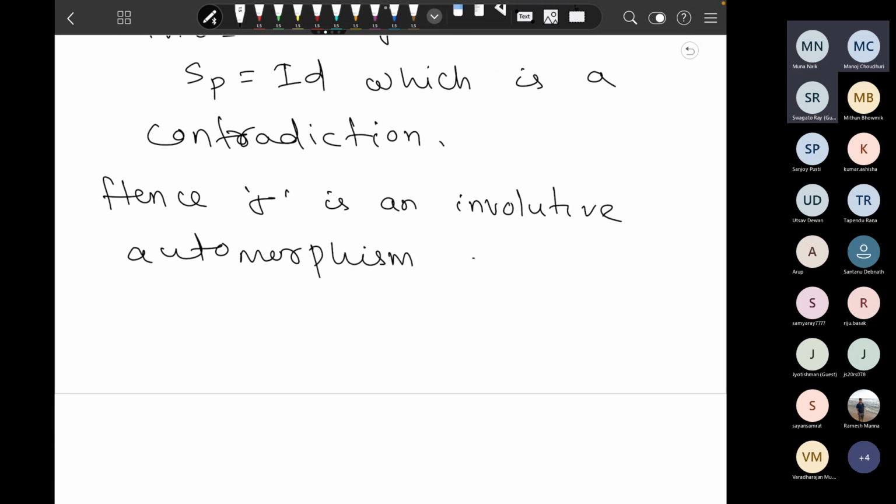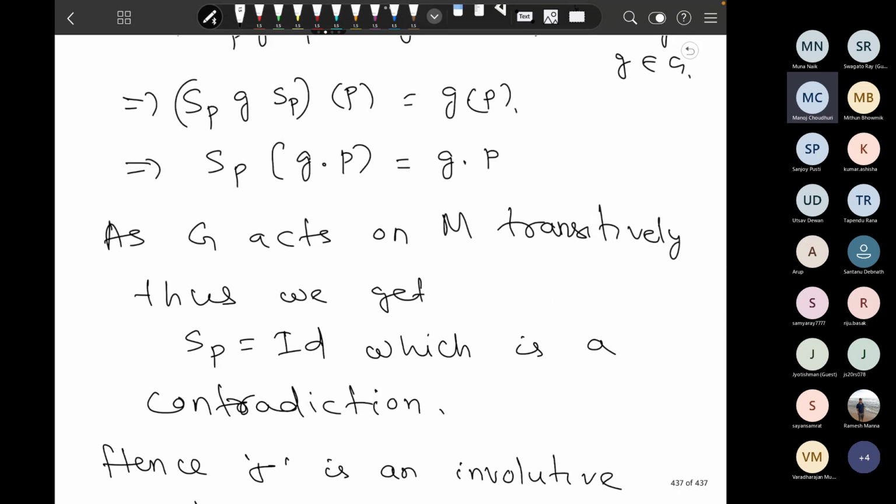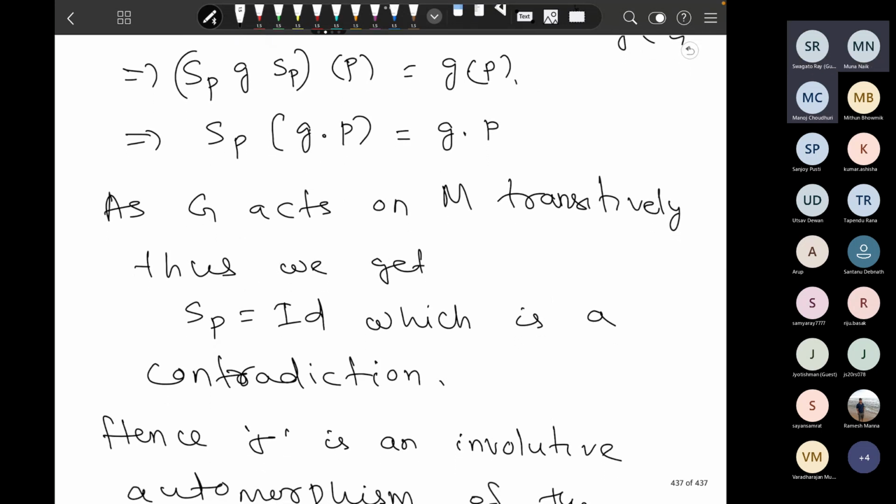Mona, I have a question here. Yes, sir. The question is, we know that s_p has a fixed point, that is p. Does it follow that if it has more than one fixed point, then it is identity? No. Okay. More than one fixed point. p is an isolated fixed point of s_p. No, but it can have more. Actually, you have missed that class. Okay. So in fact I will use this fact.